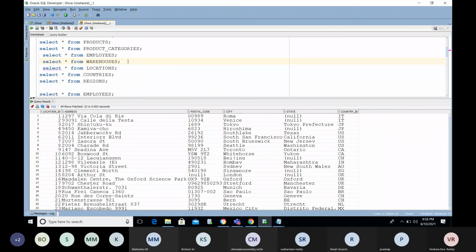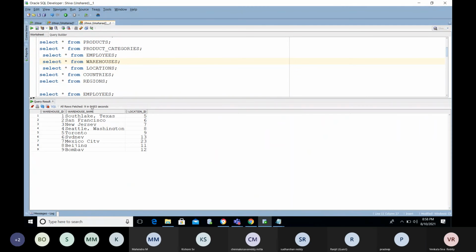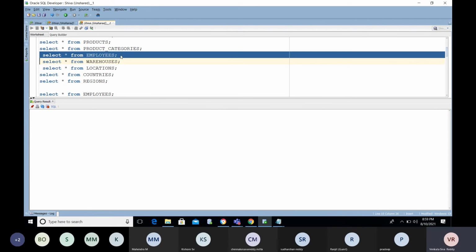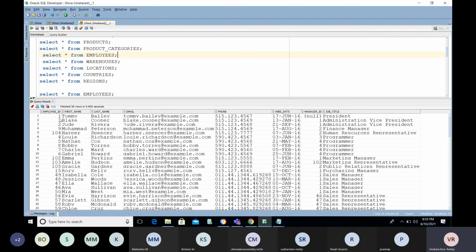Warehouses, having the warehouse ID, warehouse name, location ID. Okay, employees. This has the employee ID, first name, last name, email ID, and all those things we have mentioned here, job title, manager ID, just like the EMP table.